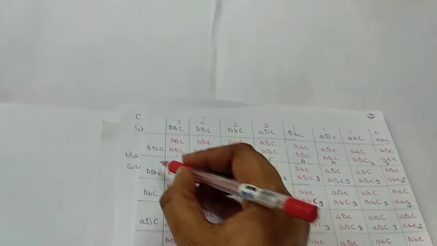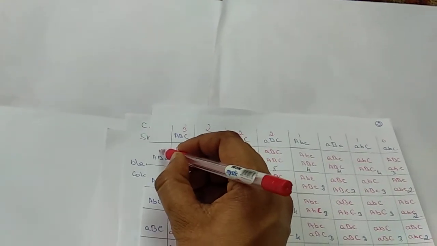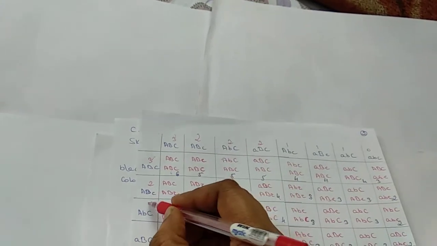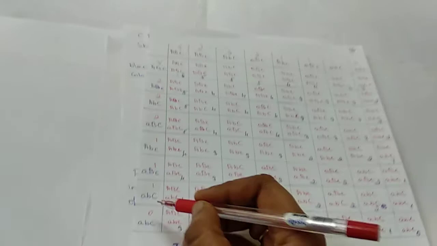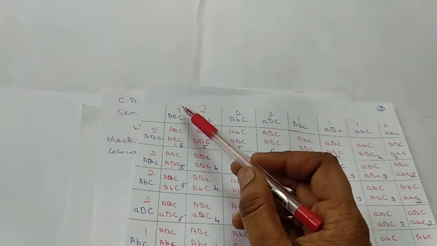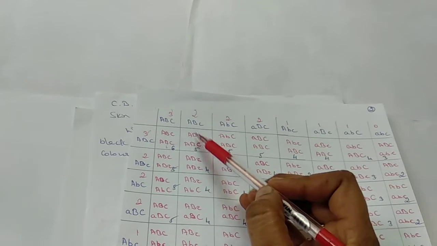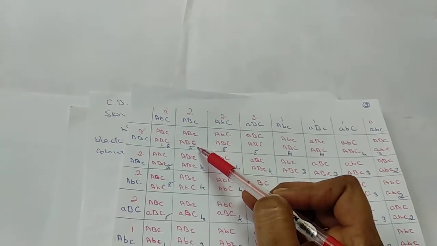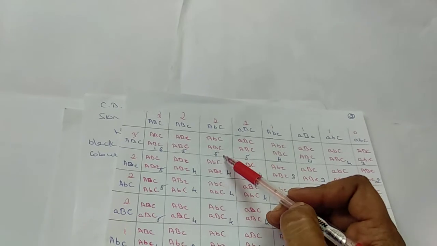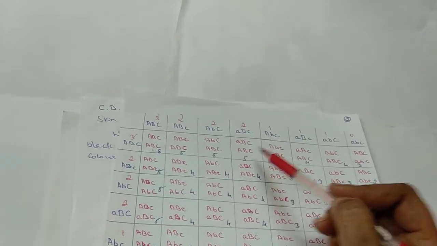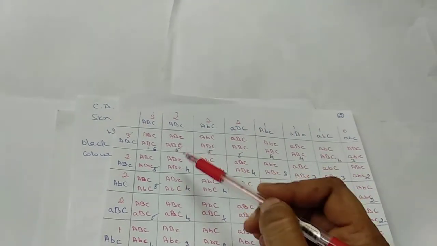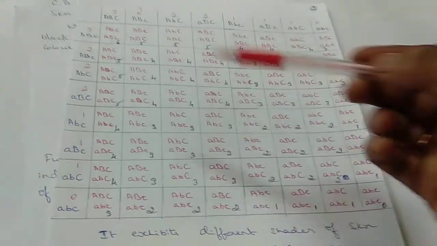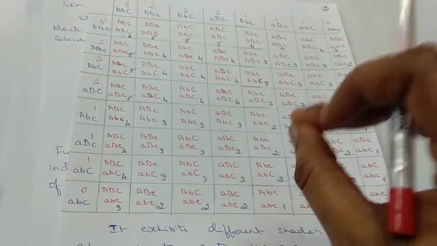The same way you can write here. How many dominants are there? 3. Here there is 2, here 2, here 2. Here there is 1, 1, here 1 and here 0. So you can just count here. 3 plus 3, you get 6, and here there are 2 and 3, so 3 plus 2 is 5, and here again 3 plus 2 is 5, and here 5. You are going to get 4, 1, 2, 3, 4, you can count. This is how you give a representation so that it will be very easy for you.